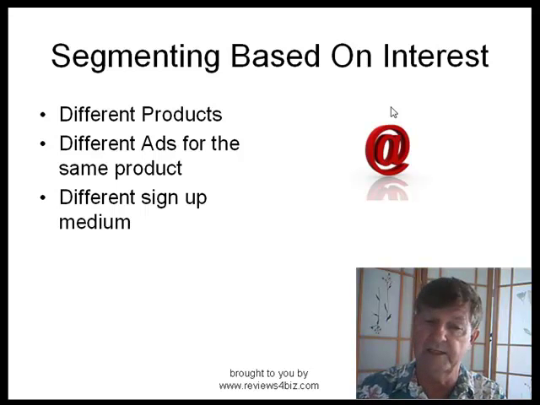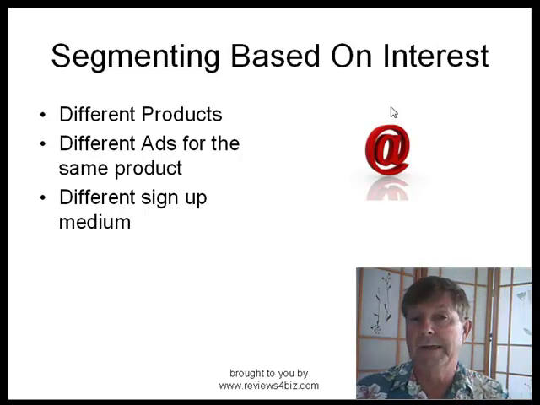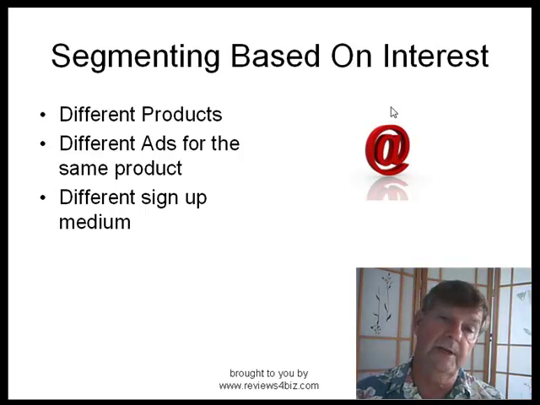So that, as I mentioned, there's different ads for the same product, as we talked about before, and different sign-up medium. What I mean by this is, on your sales page, you may be rotating the sign-up that you're asking for. In other words, with one sign-up you may be pitching a free report or free ebook or whatever. On another one, maybe a free video. I'm just making stuff up here, obviously, but you may be offering something different to entice them to sign up on your mail list. So it's important to maintain that segmentation and treat each of them somewhat differently.